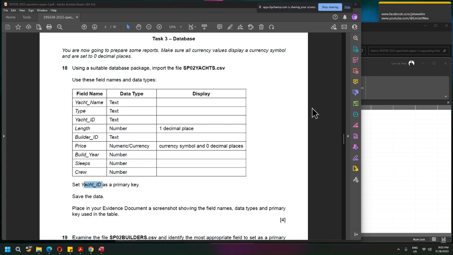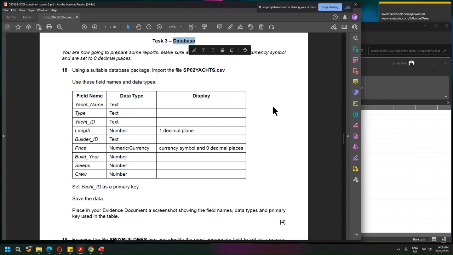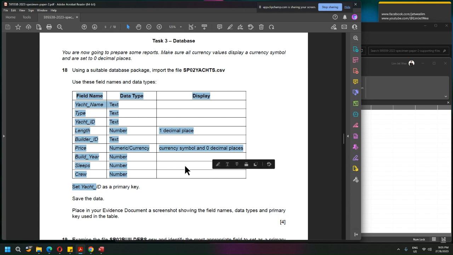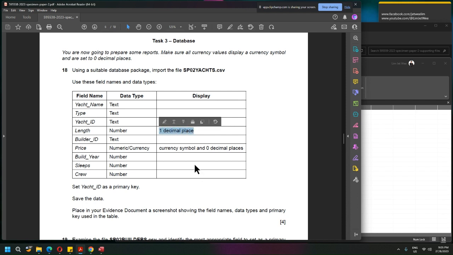Okay, so we have this database task. We are supposed to import a CSV file, and we are also given a table like this. Quite standard: the data type, field name, and the display. This one we are supposed to have one decimal place. Then price, currency symbol, zero decimal place, and there is a